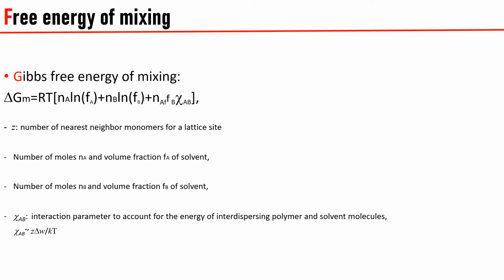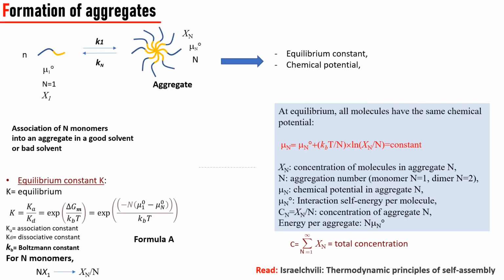The Gibbs free energy of the self-assembly process is represented by this equation. The Gibbs energy depends on the number of moles of NA and the number of moles of NB, and also on the Flory-Huggins parameter. For N molecules of block copolymers,